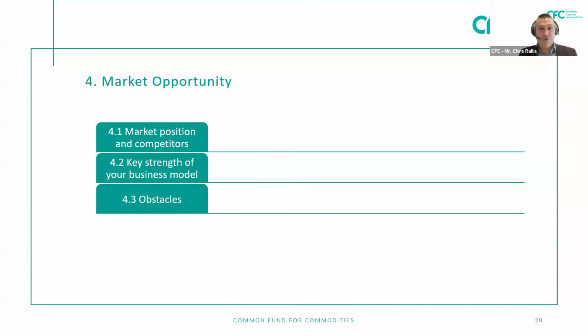So starting with section 4.1, what we ask you to do here is to explain to us the basic characteristics of the market that you operate in, both at a local level but also at an international level if that is relevant to you. Now, think about information such as: is it a very competitive market that I'm working in? Are there many companies doing the same thing as my company? Or are you the only one offering the specific product or service in your country or internationally?